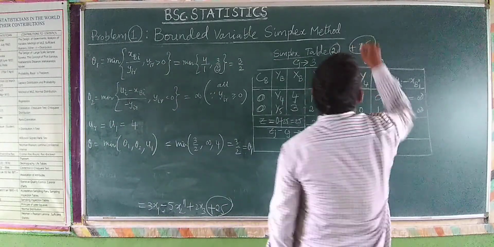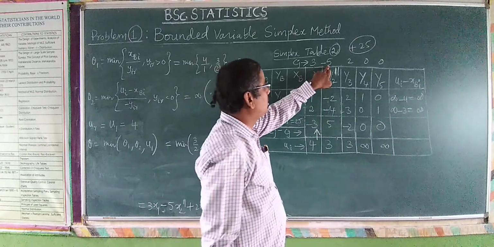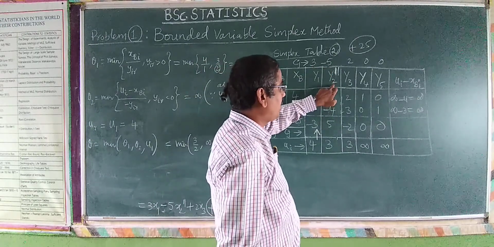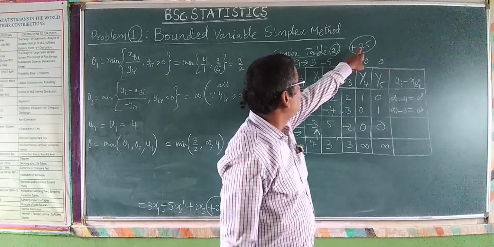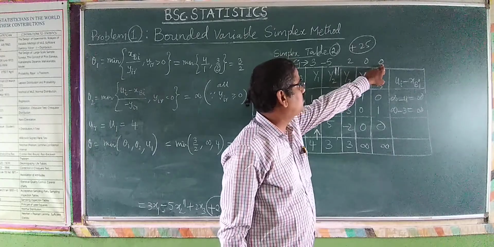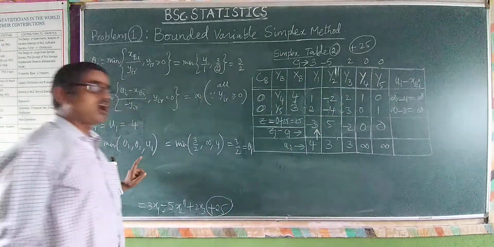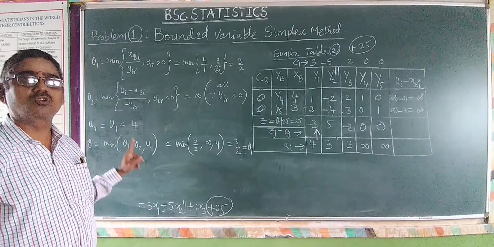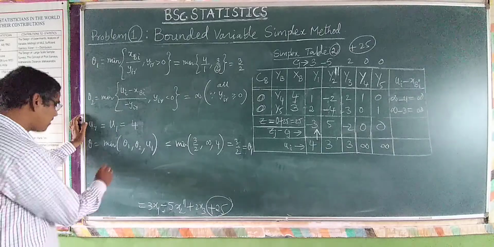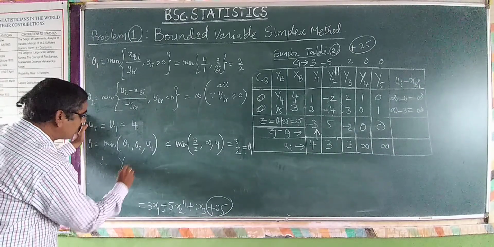This is the constant. In addition to that, 3 into x1 minus 5 into x2 double dash, you represent it in this fashion, Y2 double dash, and plus 2 into x3, plus 0 into x3, plus 0 into x4, plus 0 into x5, like that. Now you have to apply the usual simplex procedure and go for simplex table 3. Here I am writing, apply the usual simplex procedure, and then y1 enters.